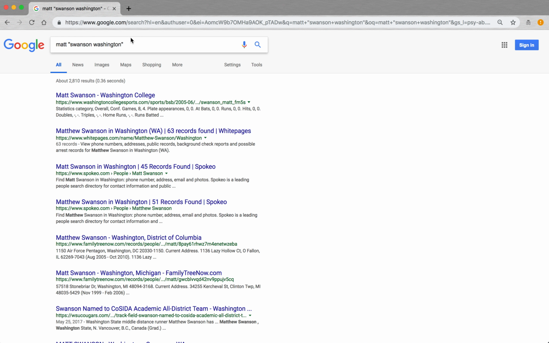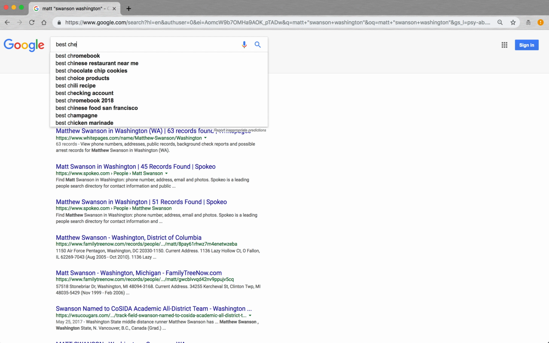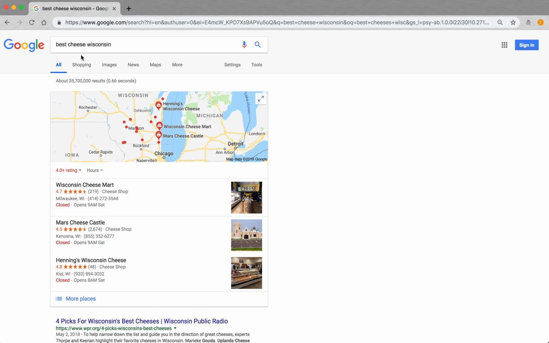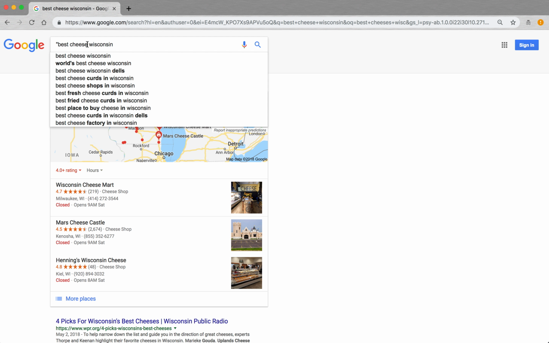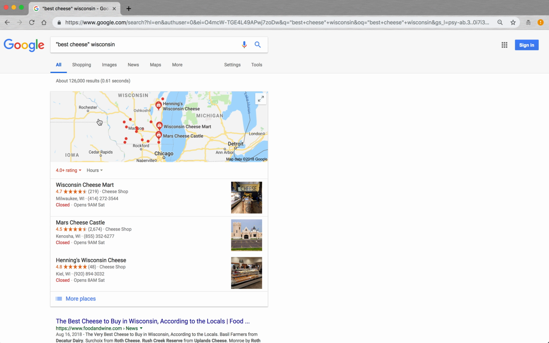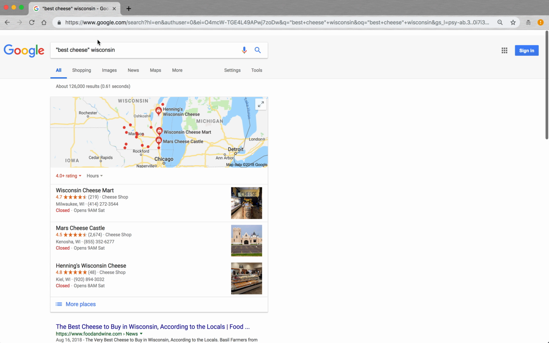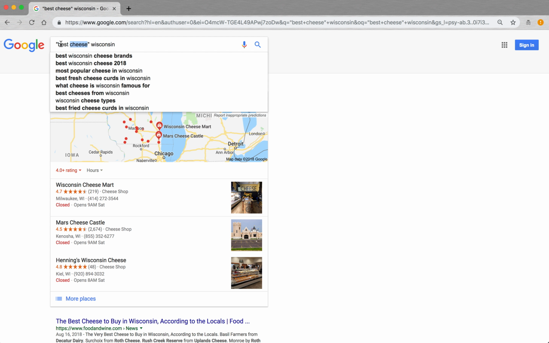So basically what you can do is something like best cheese, Wisconsin. And let's try this. And that didn't change much. Anyways, something to play around with is to use the quotation marks in your search for an exact search.